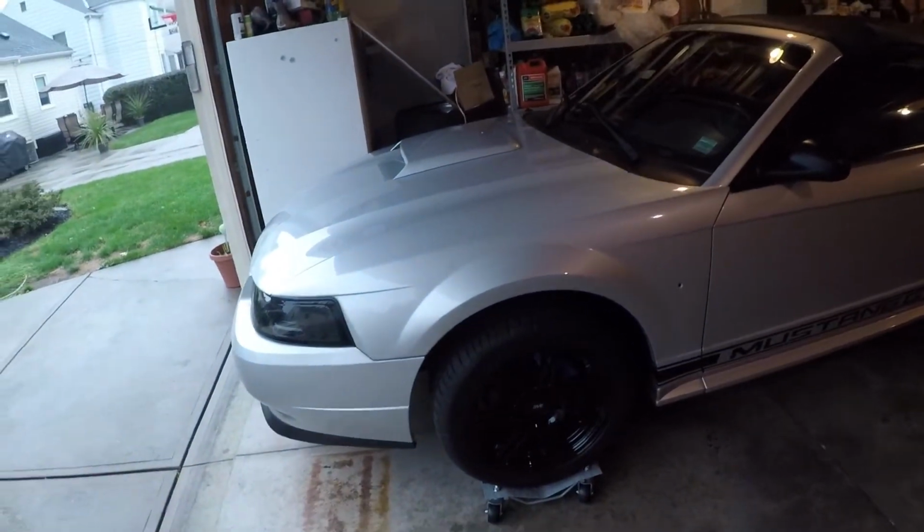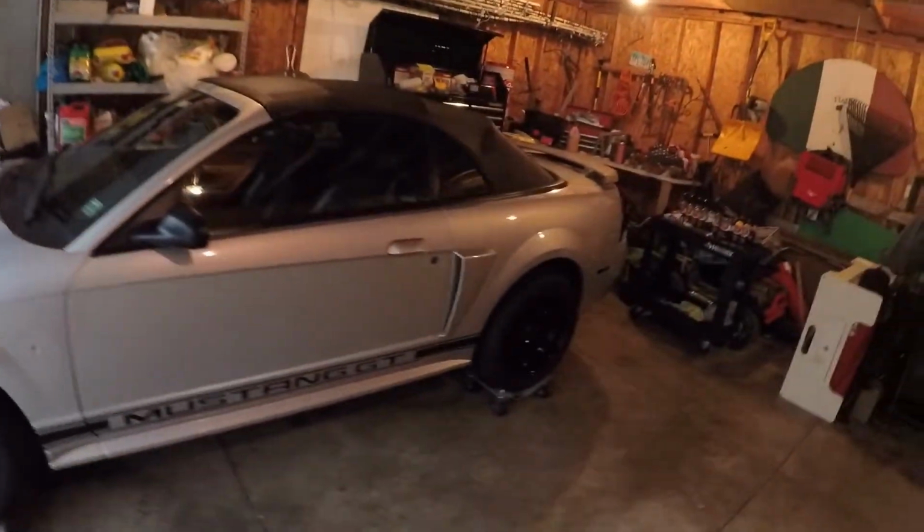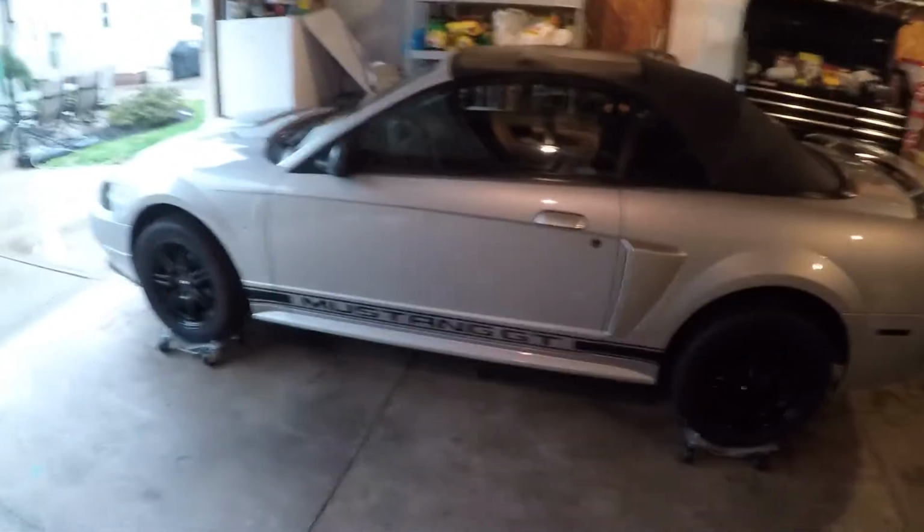And I'm waiting till Black Friday to buy the coilovers for this thing. It's going to get SVE coilovers. Might as well spill the beans now. And I got these floor